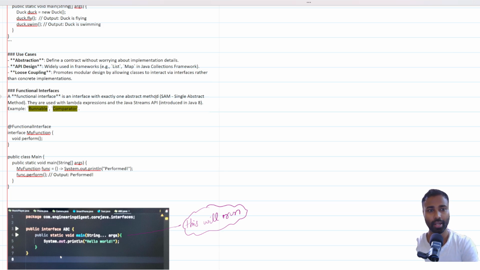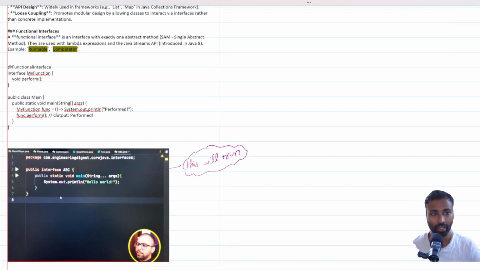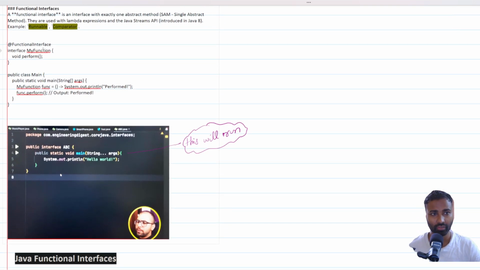They are used with lambda expressions and the Java Stream APIs introduced in Java 8, for example Runnable and Comparable. So this is a functional interface. Since it contains only one abstract method, we can use the FunctionalInterface annotation here as well. Now in the public class Main, public static void main String args, we are